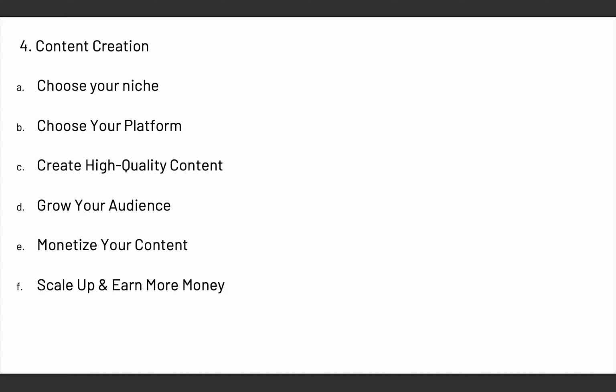Now, the third step is to create high quality content. After you've picked your niche and the platforms you want to create content for, focus on creating high quality content. Create content that people are going to learn something valuable from, or create content that will give people entertainment. Those are the kind of content that will really grow on any platform. Content that will educate others and content that will entertain others. These are content that will really grow on any platform, and make sure that they are high quality content.